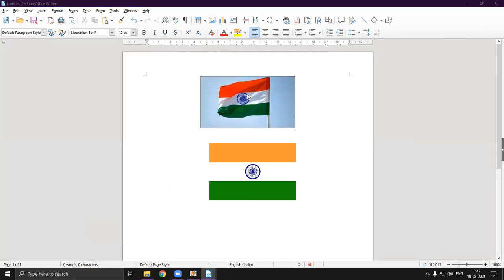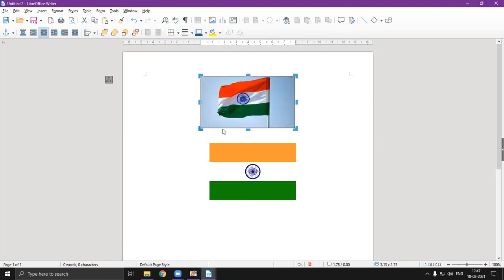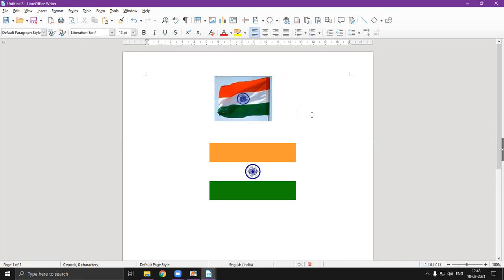Okay, so let us see. I right clicked, and here you can see you can find the crop option. Okay, once you click on it, here you can see the corners and the midpoints also. So if I click on them, I can select from here how much of the picture I want to display in my document. Here you can see. Okay, and if I click outside the picture, now you can see that our picture has been cropped. Okay,